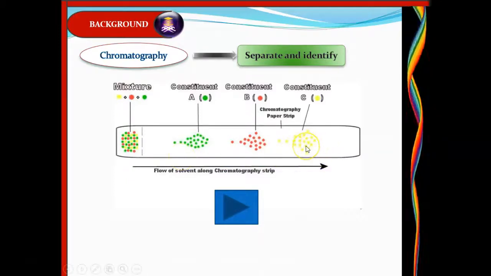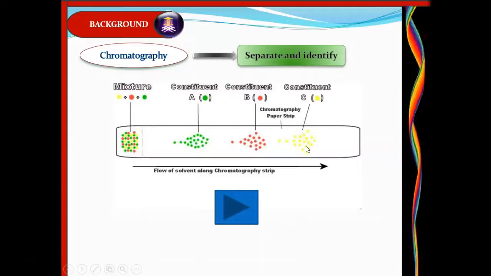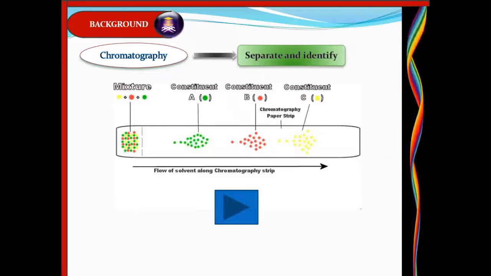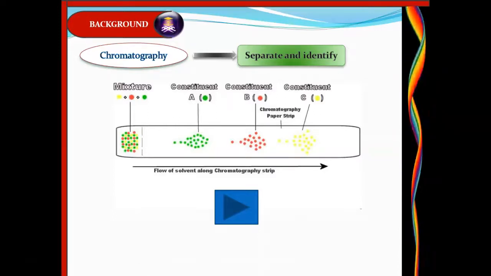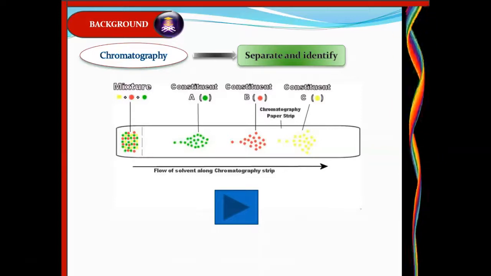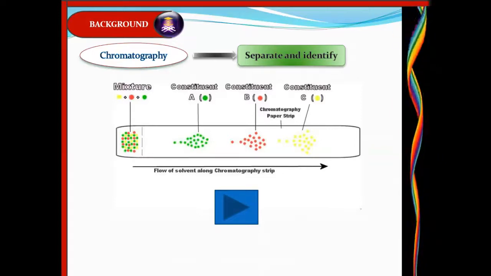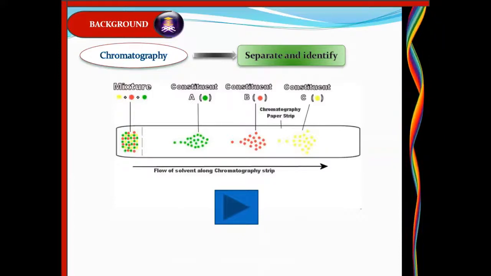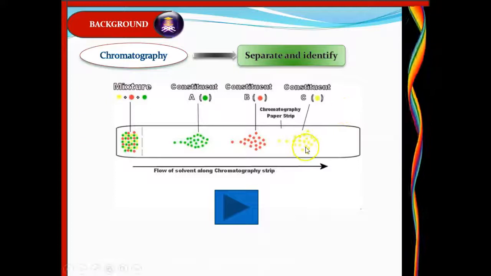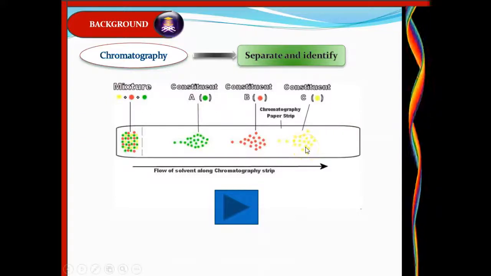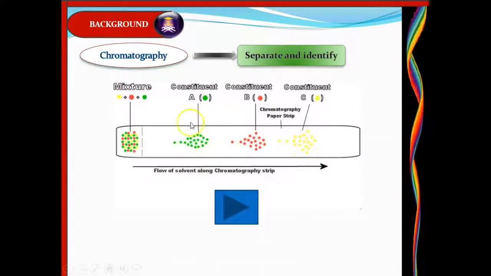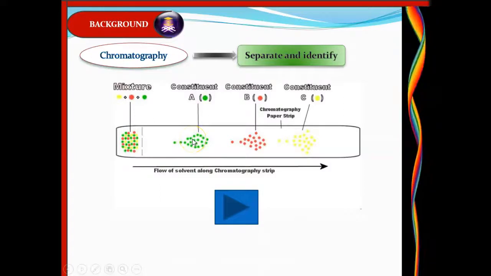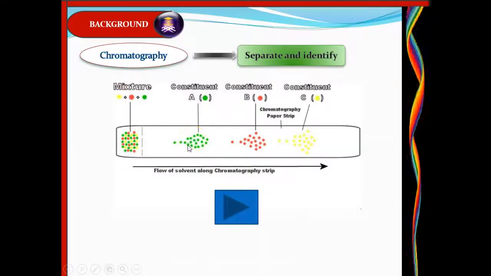If a compound comes out quickly, it means it spends little time in the stationary phase. So it tends to move faster and has less tendency towards the stationary phase. The green one spends more time in the stationary phase. Hence,